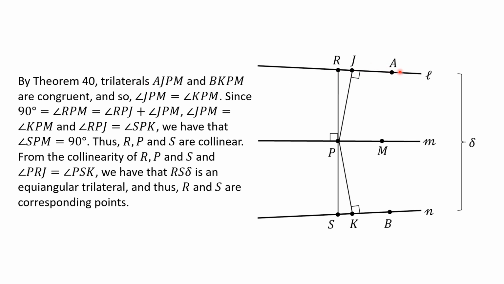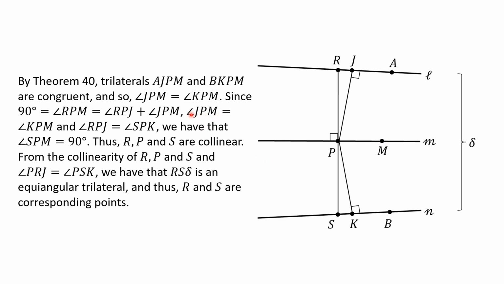By theorem 40, trilateral A, J, PM and trilateral B, K, PM are congruent. They have an angle that's the same, and then PJ and PK we know are the same length, so they have an inner side and an angle that are equal. And so knowing that, we have that JPM is equal to KPM. And since RPM, this angle here, which we constructed at the beginning of our proof, is equal to 90 degrees, and RPM equals RPJ plus JPM,